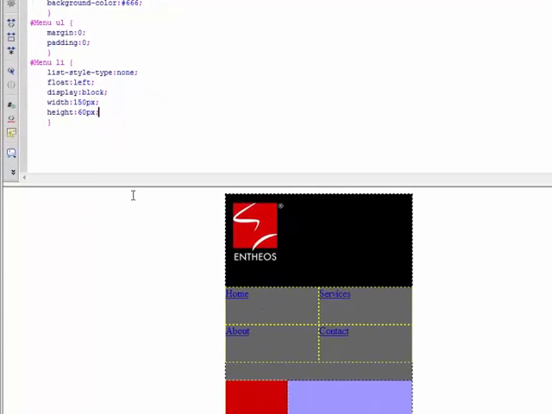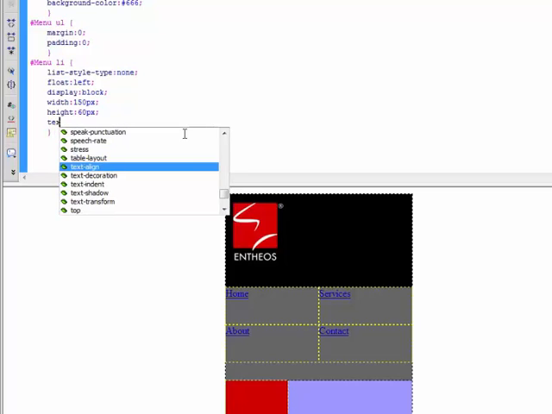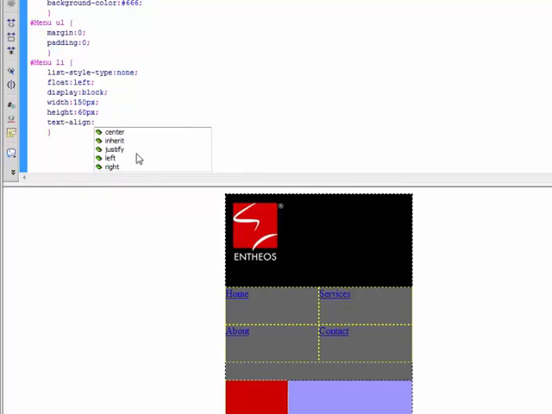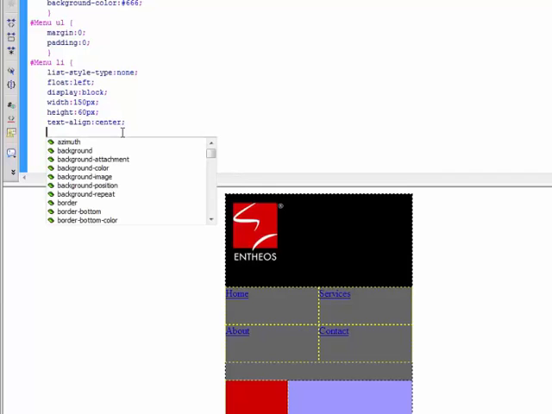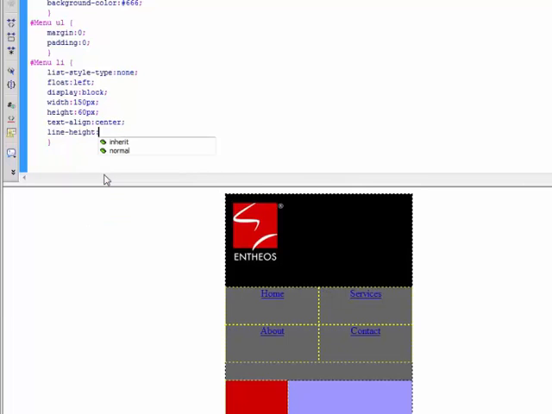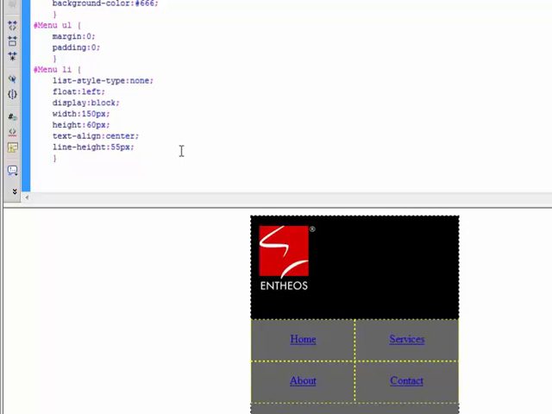Okay, what have we done? Okay, now within the list items, we need to do text align to the center, and to keep them in the middle, I'm going to put the line height to about 55 pixels. Okay, this is just starting to take some shape here. If you look at the design, we are actually going to give this more design features, add some color to it. So what I'm going to do is add